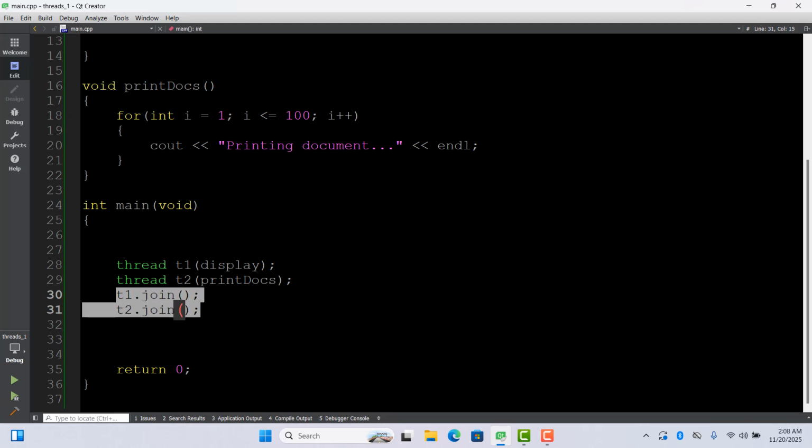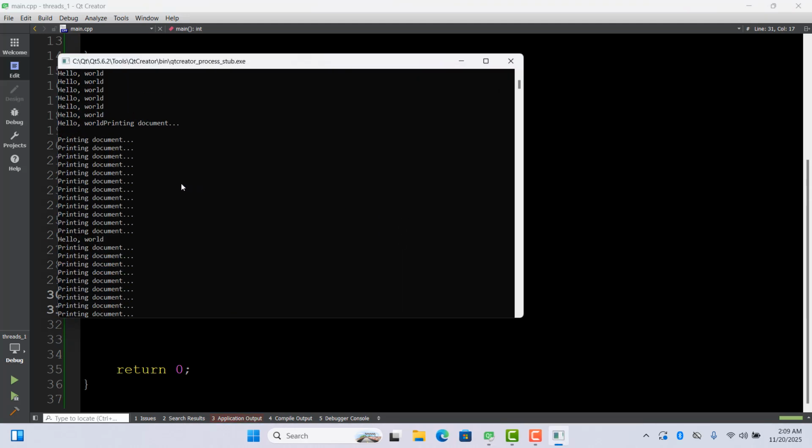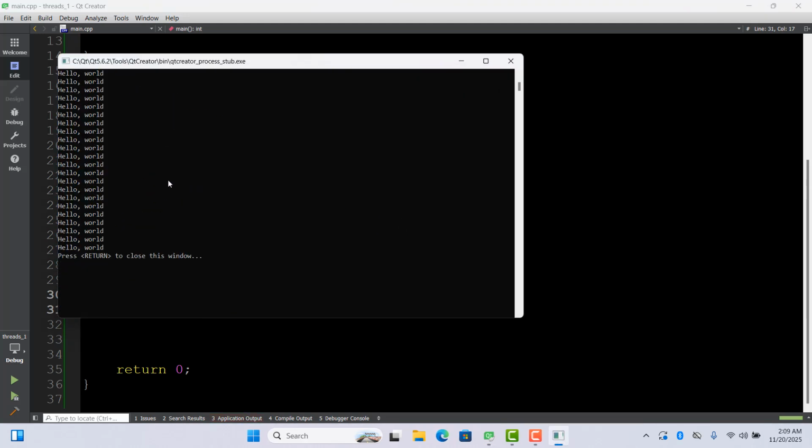And for those who are confused with the joins, if I just comment out this line, save changes, recompile it, you're going to see that there is no difference, right? But once